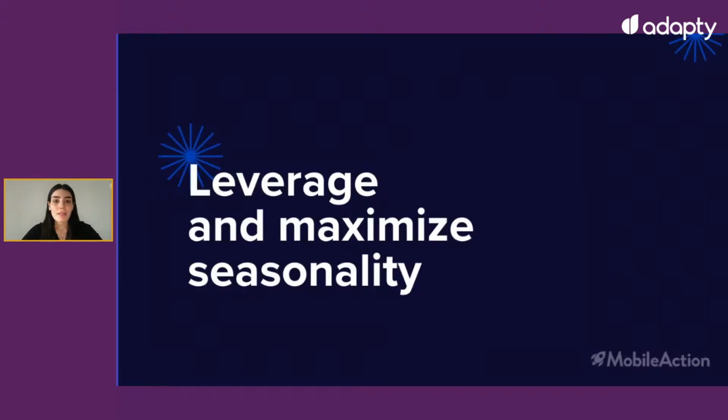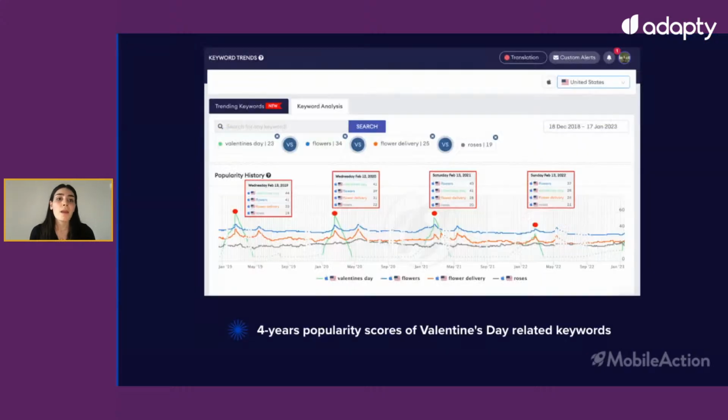So let's continue with seasonality. Certain search terms gain traction at certain times of the year, and App Store optimization is one of the most useful and important tools in your seasonal marketing plan to seize on such opportunities. So this is something we call seasonality in app marketing. For example, on Valentine's Day, which was one of the recent seasonalities that we had, the mobile industry was getting ready for some romance. So for example, flower delivery and gift apps typically became popular during this period.